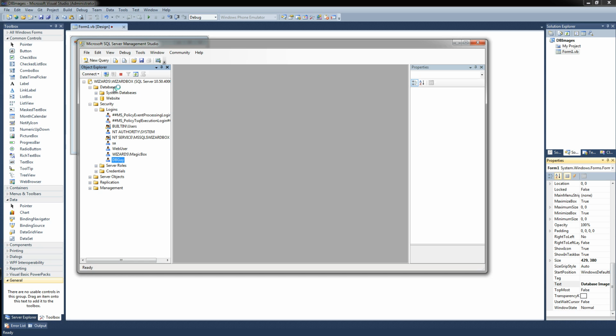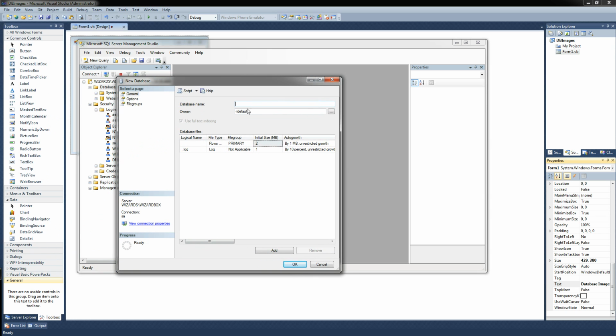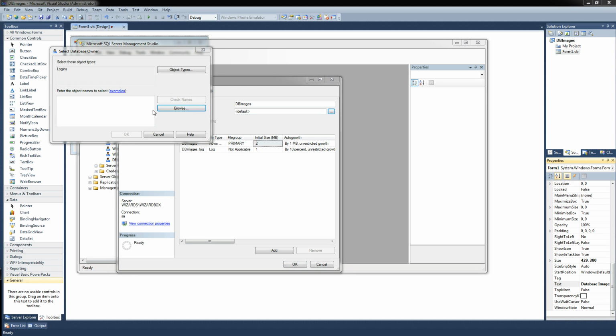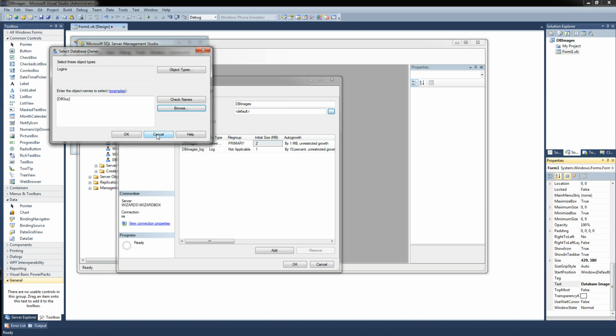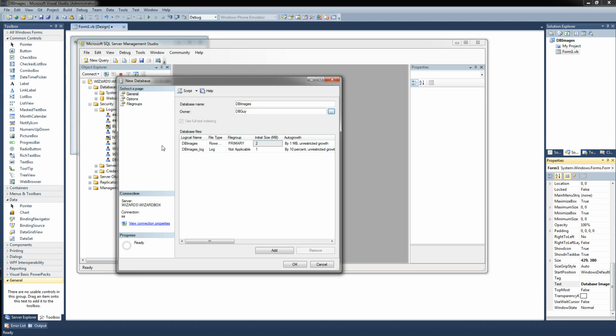After that, we will go ahead and create a database. Right click and select new database. The database name is going to be DB Images, and the owner is going to be dbguy. So hit browse, find dbguy that you created, and click OK. That will make him the owner and administrator of this database, so our application will have full permissions to this